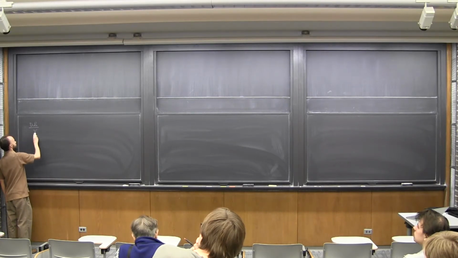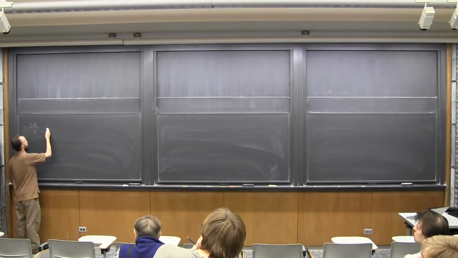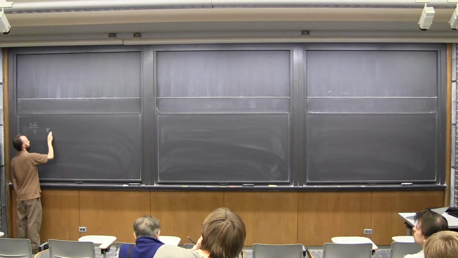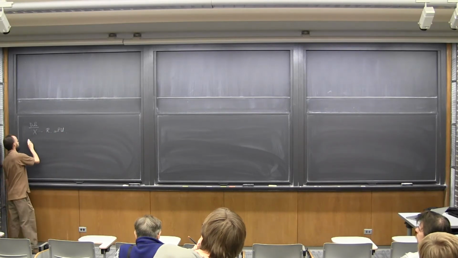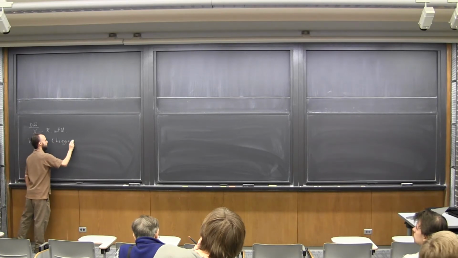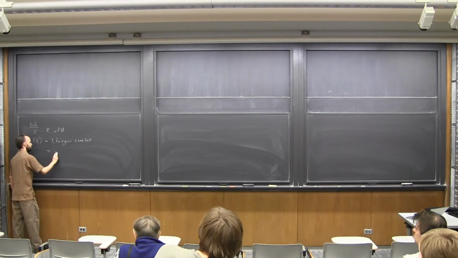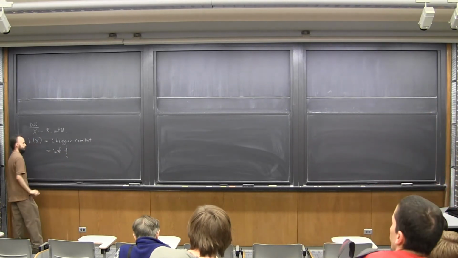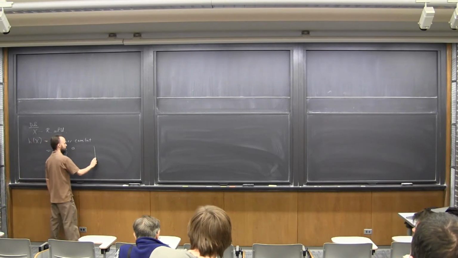Okay, so X here will just be a Riemannian manifold. Okay, so the Cheeger constant is the following infimum. We consider all